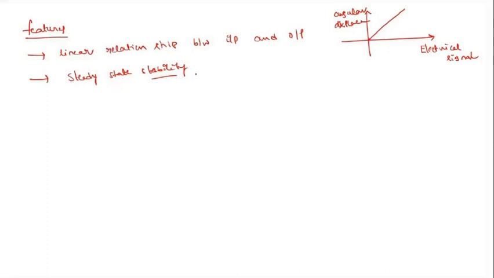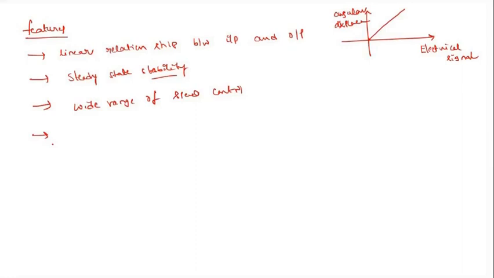In order to achieve steady state stability, we have a lot of techniques like root locus and RH criteria. Those things will be discussed in the second chapter. Right now I am just saying the features of the servo motor. Next, the third point is wide range of speed control. Wide range means large range, and narrow means small. So the speed of servo motors can be controlled in a wide range. That is one of the features.